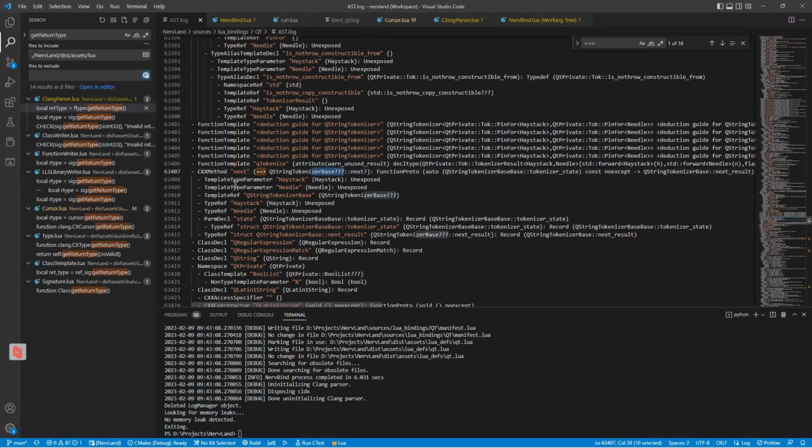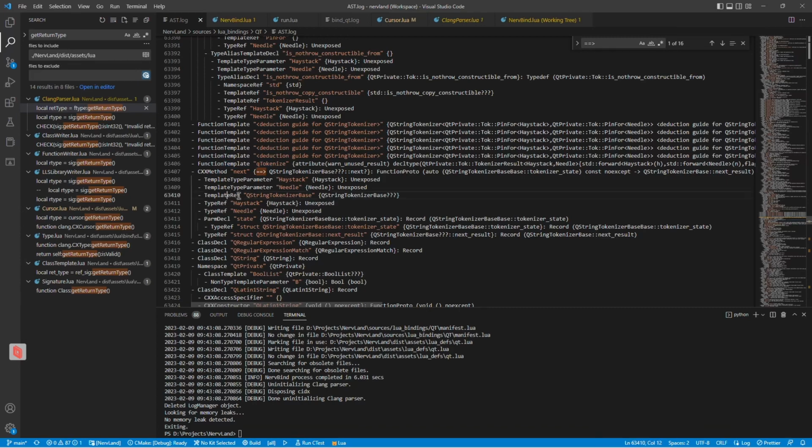Oh my. And we have those template parameters. Function template Q tokenize. Whoa. And what do we have in there? We have, yeah, just those template type parameters